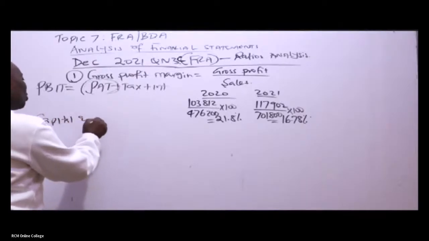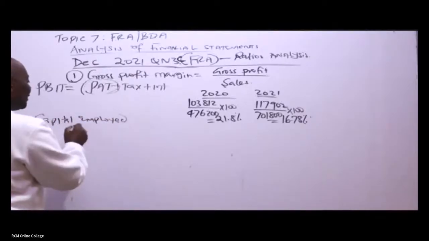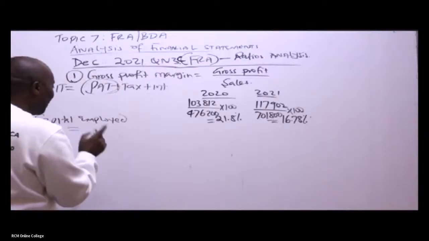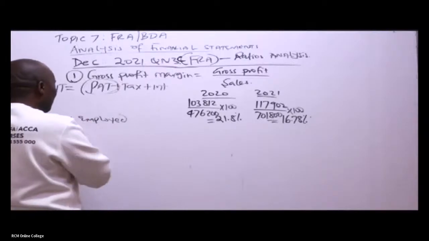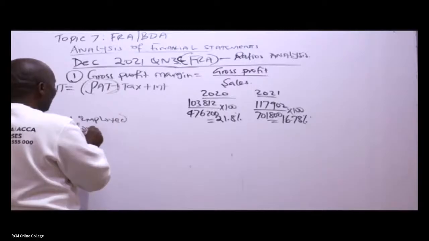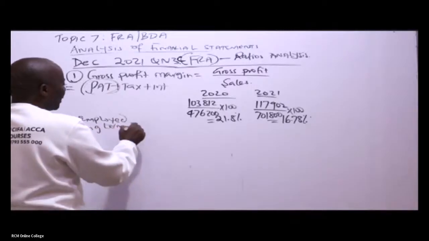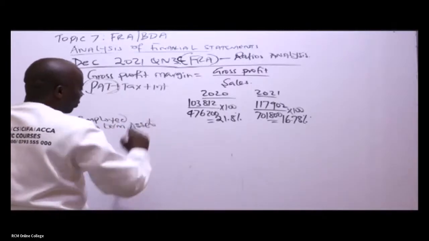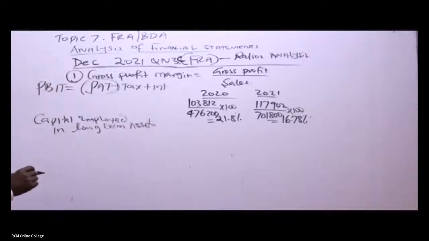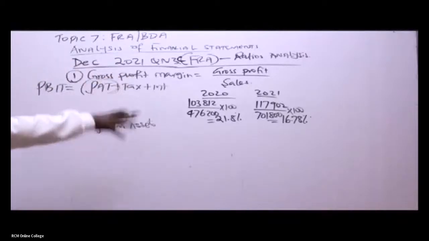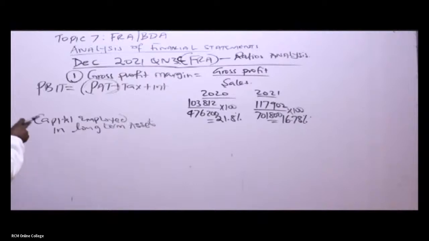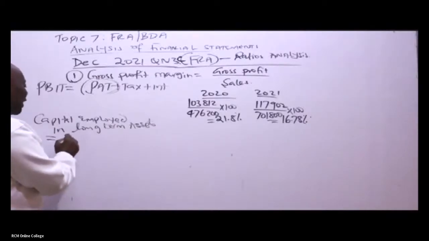So this capital employed is the capital employed in long-term assets. There are 2 ways of getting this, and I hope you're writing a note somewhere. I'll give you a proper structure of writing this, but I want you to take this note down. The first way is to think about equity